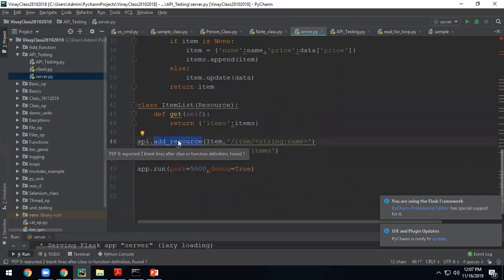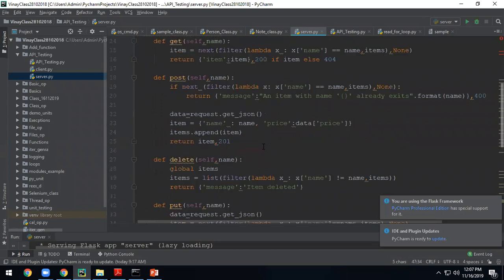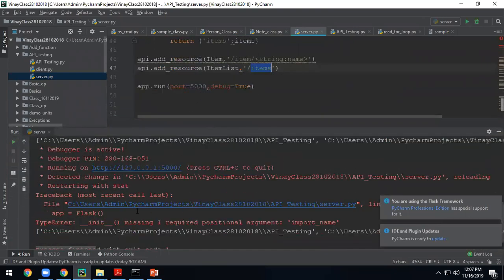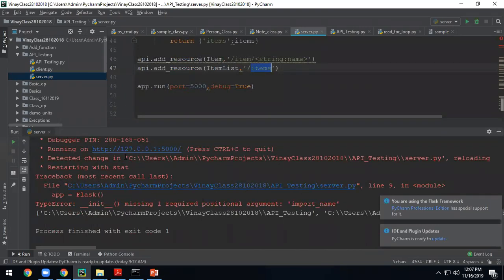Now all my resources I have added here. One is running as a server, another one is running as a client. You got the point. I am defining the endpoint for this resource, and for another resource I am defining another endpoint. The server is our Flask app at 127.0.0.1. This one is my server, running on my machine at 127.0.0.something, and this is the port number where my server application is running.